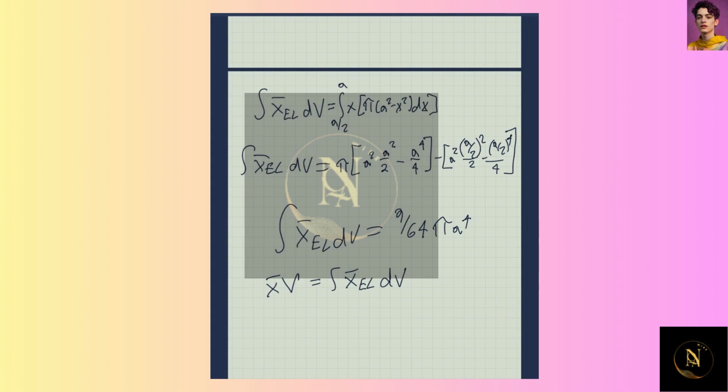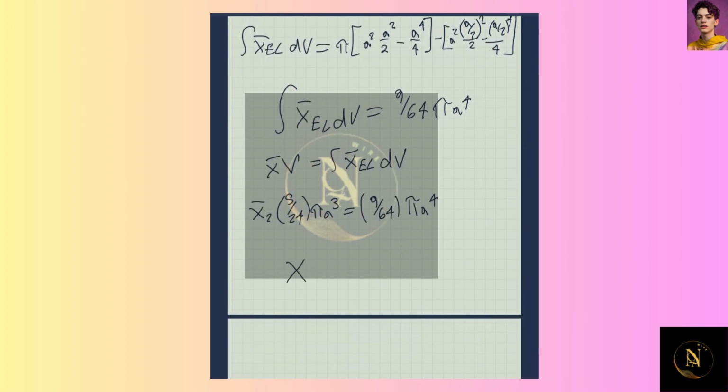And now we can solve for the centroid of the second component. We just found the volume to be 5 over 24 pi a cubed. And we just found the right side of the equation as well. So plugging those in, we can now solve for the centroid of the second component. We get 27